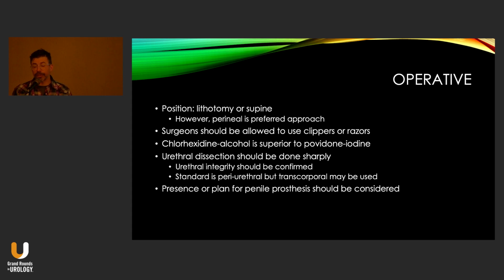Chlorhexidine alcohol is superior to the more traditional povidone iodine. Urethral dissection should be done sharply, and then the urethral integrity should be confirmed. I see this a lot. I get a lot of consults for, quote, early erosion of these sphincters, but it's not early erosion. That's not typically a thing. It's someone who bluntly dissected, and most of the time it's going to work, and sometimes it doesn't. But if you don't look for it, you're not going to recognize it,